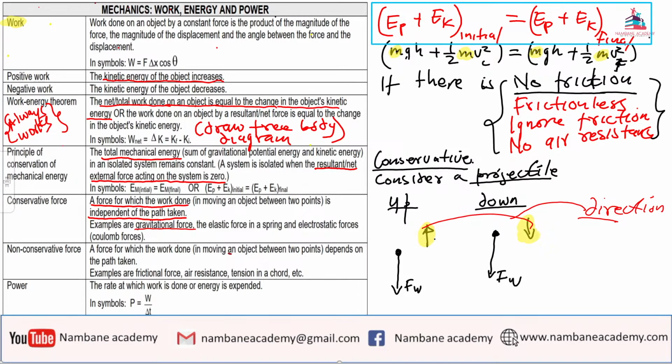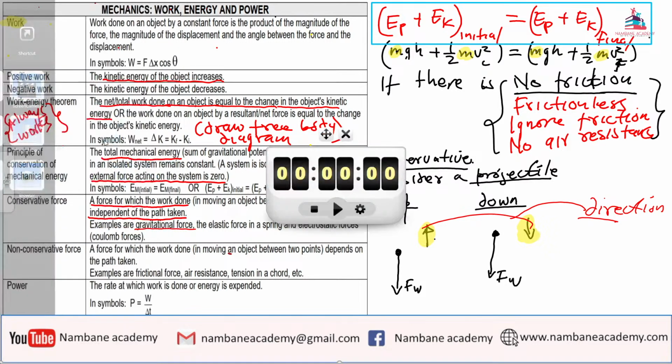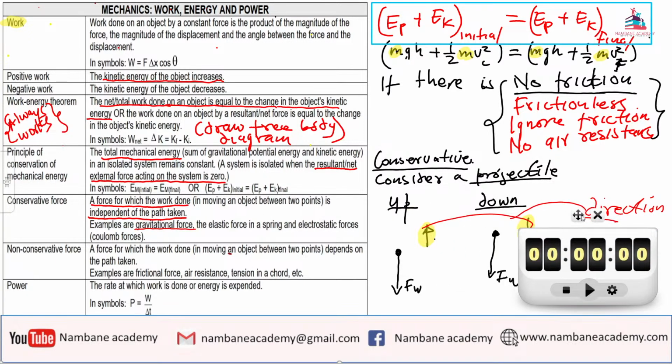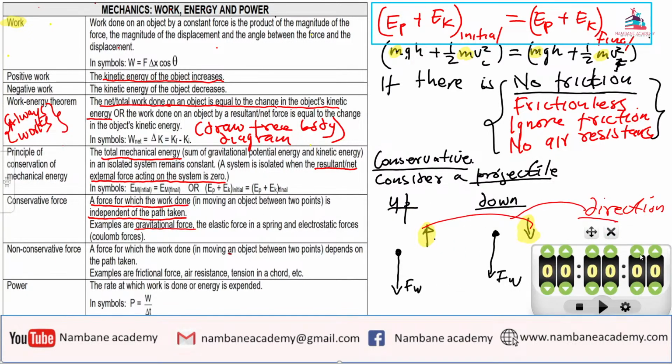So it's only fair to give you now the 30 seconds. Remember, the 30 seconds is for you to digest and try to follow and understand exactly what each concept basically means. So let's have the 30 seconds for us to digest, drink a little bit of water so that you stay hydrated and refreshed. Then we will move now to non-conservative force.